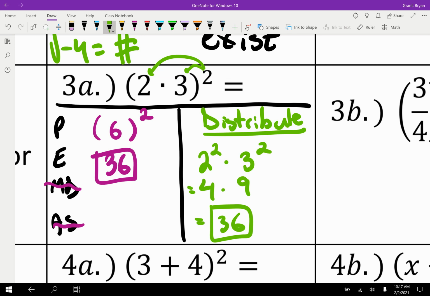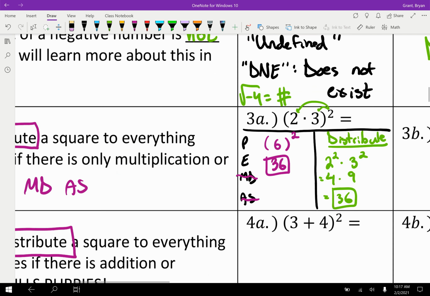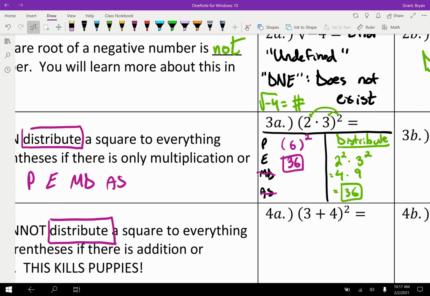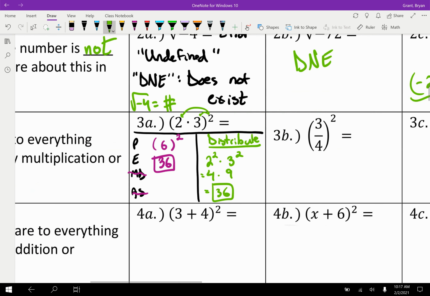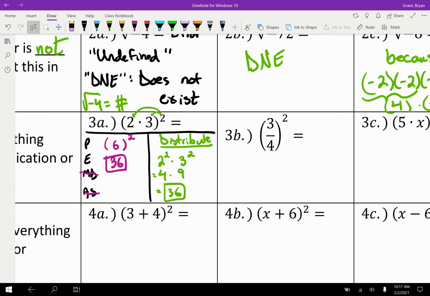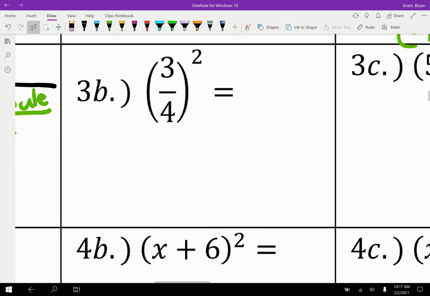We are allowed to distribute an exponent when there's multiplication inside of parentheses, and that's awesome. In fact, it shouldn't surprise you too much that if you're allowed to distribute to multiplication, you can also distribute a square to division. Multiplication and division are linked with each other. Generally, whatever works with one will work with the other. So when you're asked to do 3/4 squared, the quick way to do this is to just do 3 squared divided by 4 squared. Distribute your exponent,